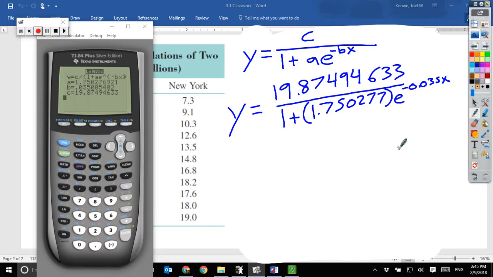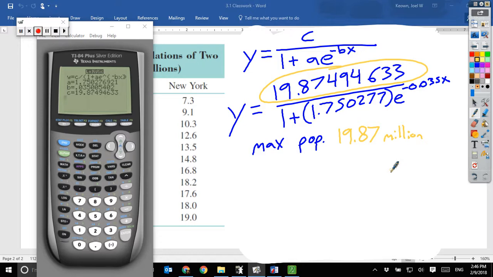Now, I can do a couple things with this. I can determine the max population of the state of New York. The max population as estimated by mine is this number right here. The max population would be 19.87 million people. So if my logistic formula is true, then the state of New York will cap at about 19.87 million. Okay? I can then also use this to predict, well, how many people is going to be there